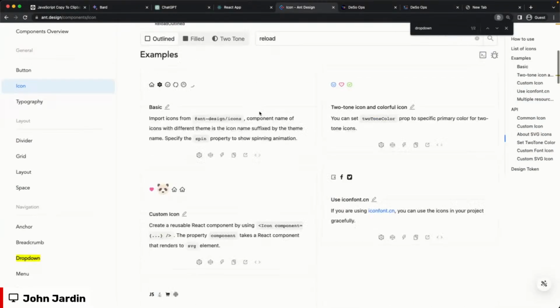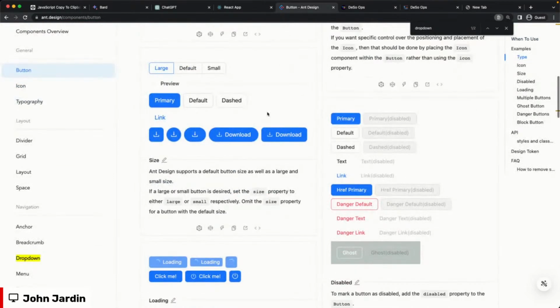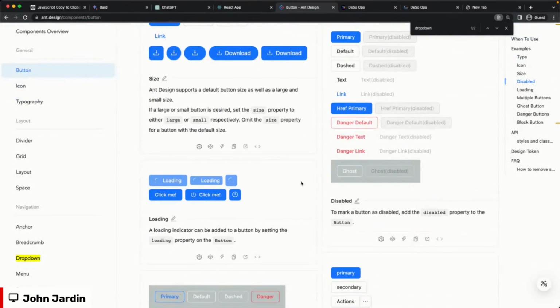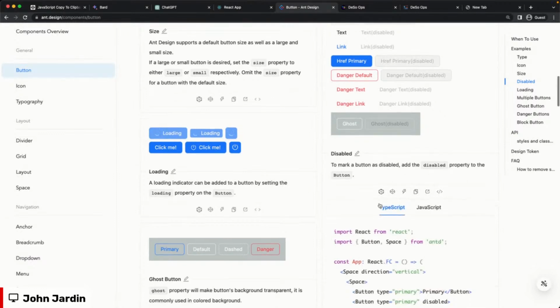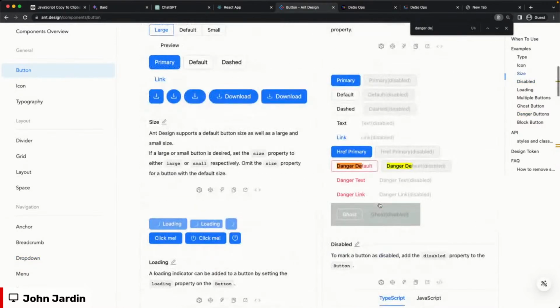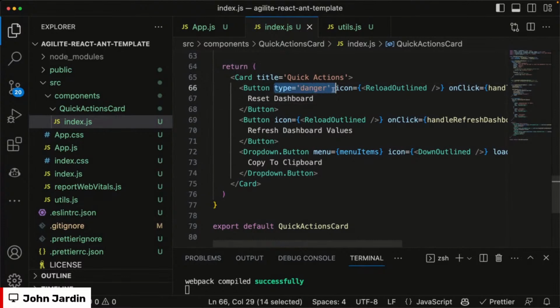Let's go to icon and design button. Here we go. So let's just go and see what it did wrong here. I want to do that loading as well. And then danger default. Oh, you just say danger. That's fine. Okay. So danger, and then